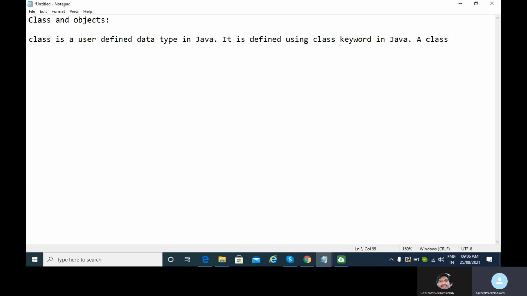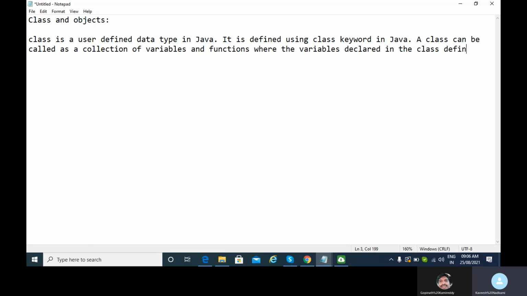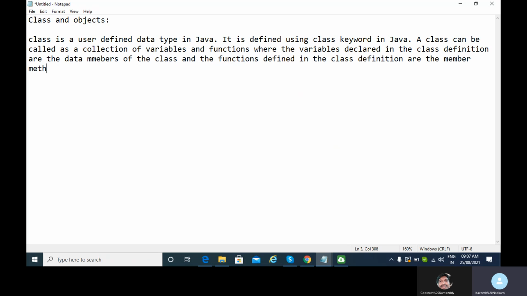So a class can be called as a collection of variables and functions, where the variables declared in the class definition are the data members of the class, Gopinath, and the functions defined in the class definition are the member methods of the class, Gopinath.